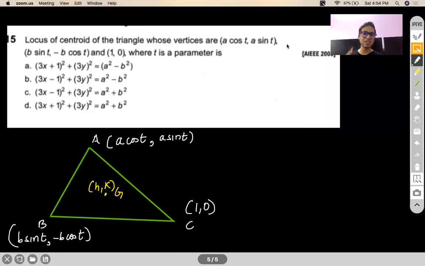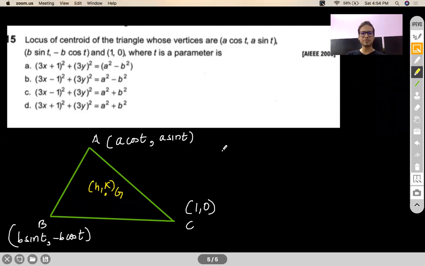Whatever are not the parameters will definitely appear in your answer. Don't worry about that. All constants are not termed as parameters. So here A, B, t were constants, but t was the one which was varying. A and B are some fixed values which are not going to change, so fixed values will definitely be there in your answer. Get this statement of mine: the parameters should definitely not be there in your answer. As you can see, in all the options, A and B are present.